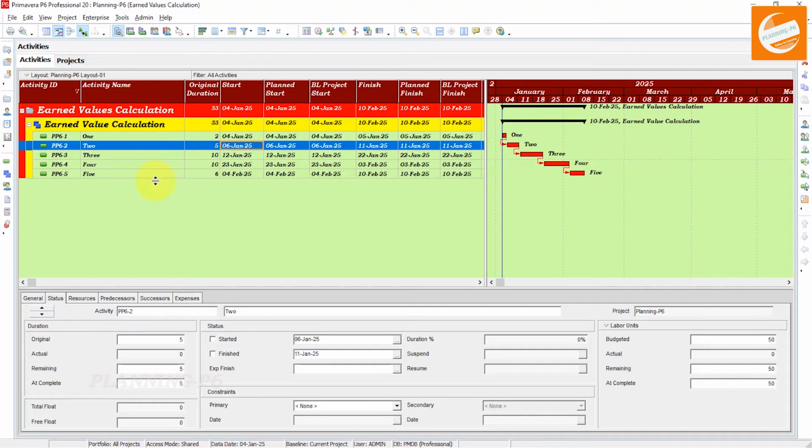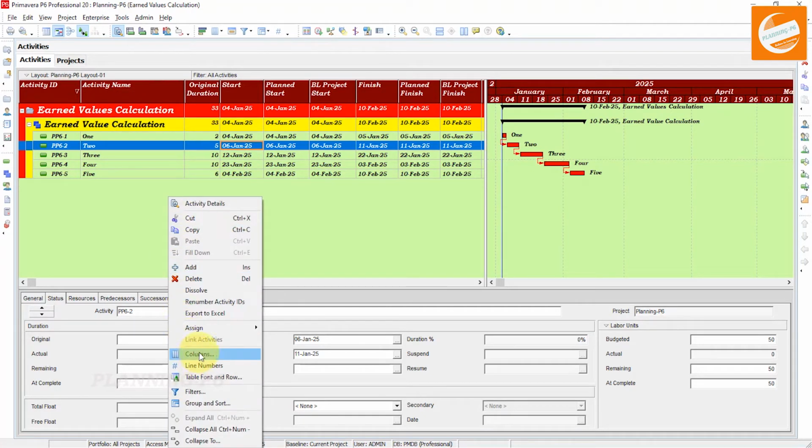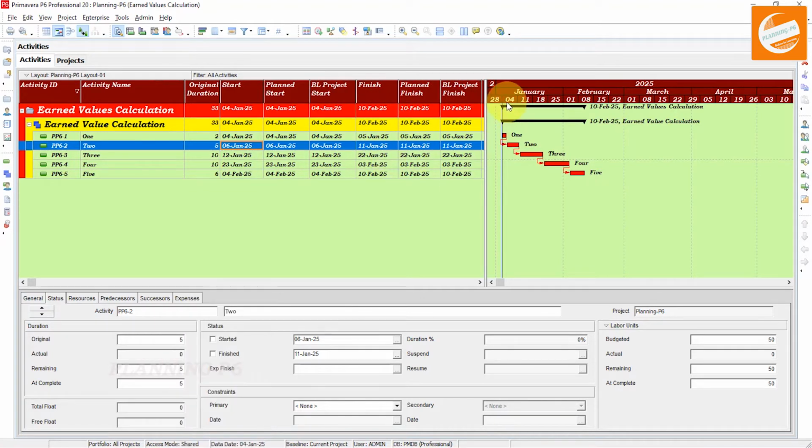You can also import those columns from the Columns option, and I have already imported them to save time: activity ID, activity name, original duration, start, planned start, project baseline start, finish, planned finish, and baseline project finish. Other columns I have on the back side of this Gantt chart; I will show when needed.